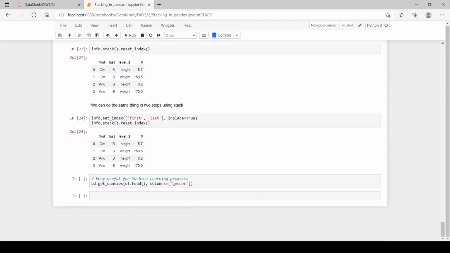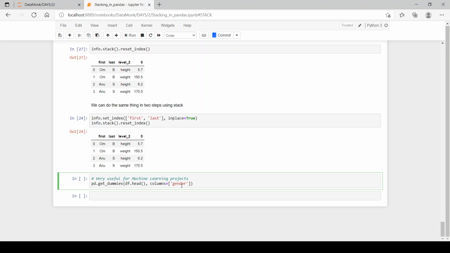And then the last function for today is dummy variables. What are dummies? Dummies are like in gender we have males and females. If you want to replace males as 0 and females as 1, dummies are very helpful.